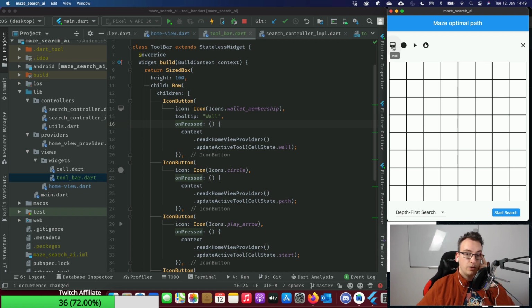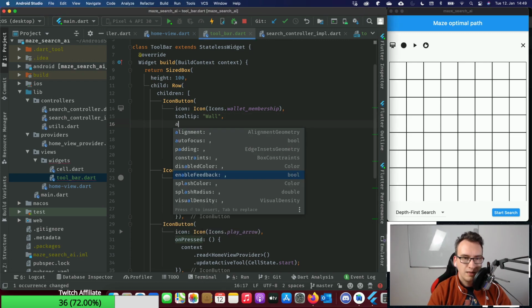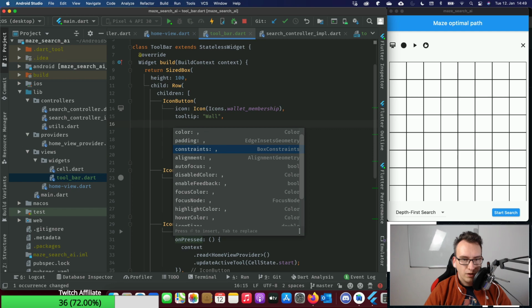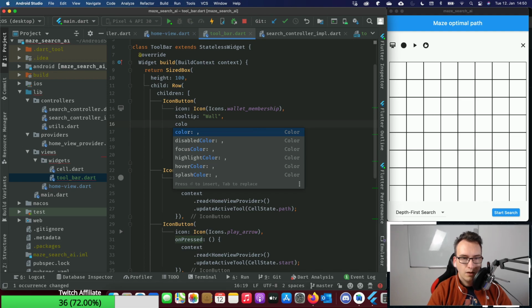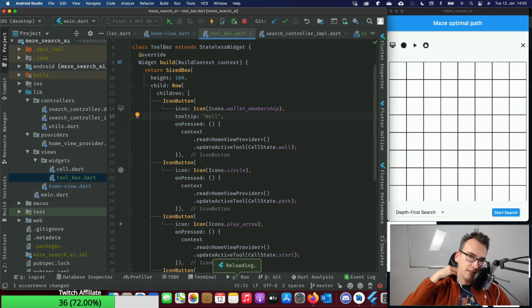And what I also would like to do in the future is to make this one active, so that this gets a different color, right? So disable, don't even know if this is possible that easily. So color, focus color, node color. Hover color, splash color, highlight color. Okay, I see. Most likely it will not be that easy, but okay, we can solve that somehow. So for now, this creates walls. Wall tool. Nah, wall is good enough, I guess.